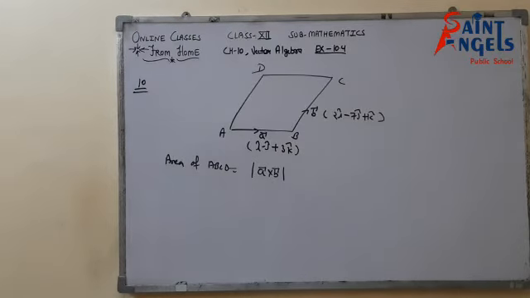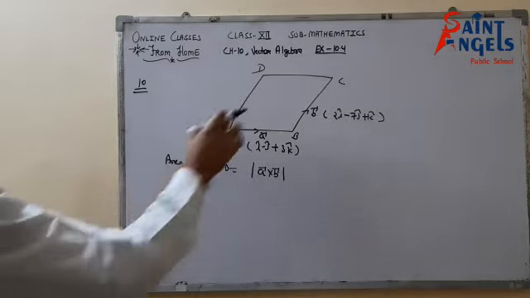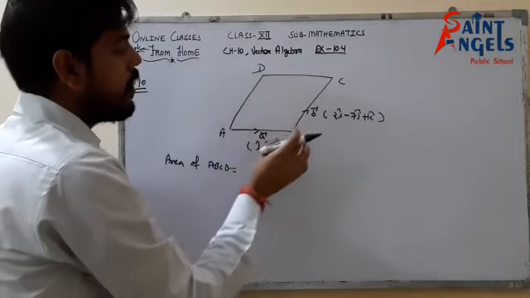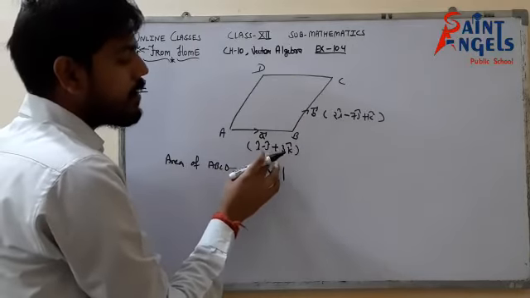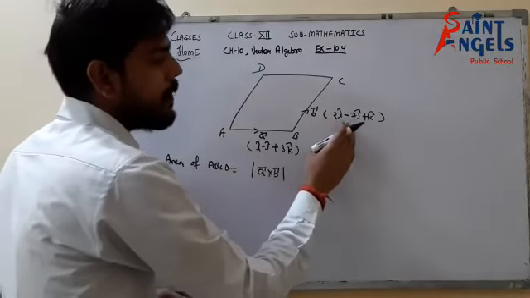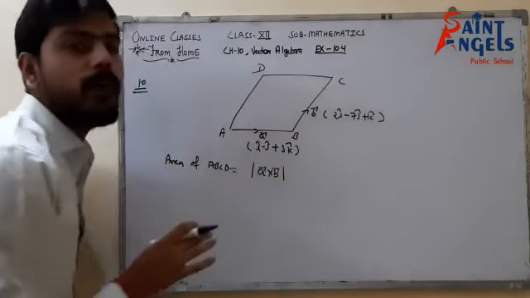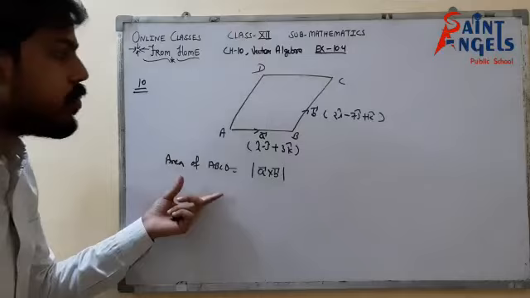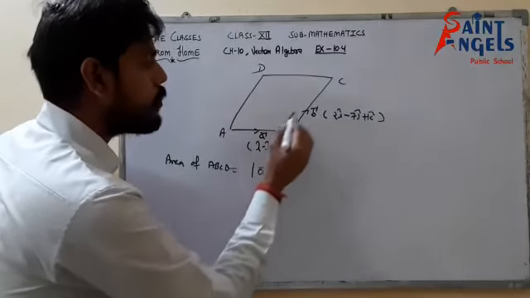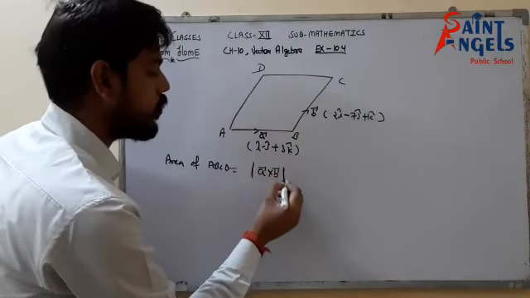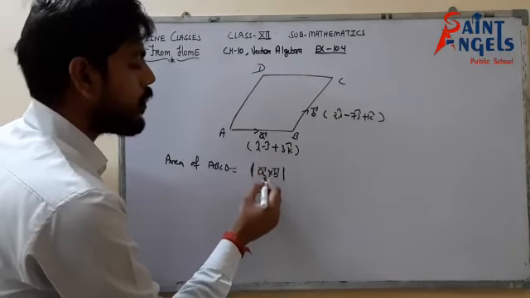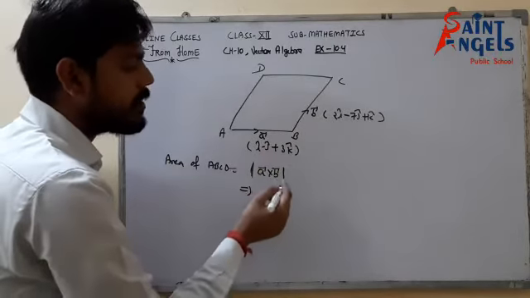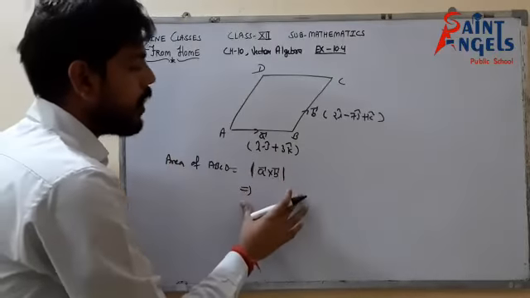Beta, in question number 10, we are given a parallelogram, and any two adjacent sides of the parallelogram are vector A and vector B. Vector A is i minus j plus 3k cap, vector B is 2i minus 7j plus k cap. So we have to find the area of the parallelogram ABCD. The formula for this is the cross product of any two sides and its modulus. So it would be modulus of A cross B, which you can easily find. First of all, find A cross B, then take its modulus. That would be the area of this parallelogram.